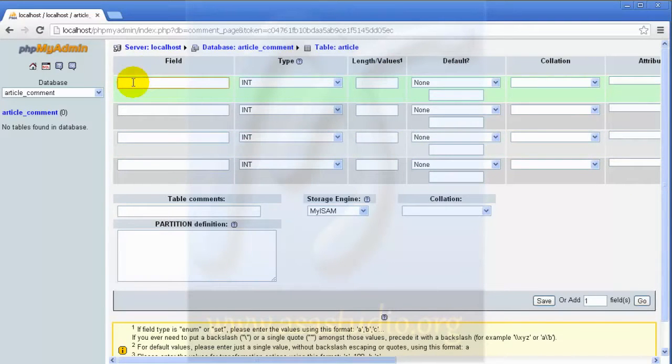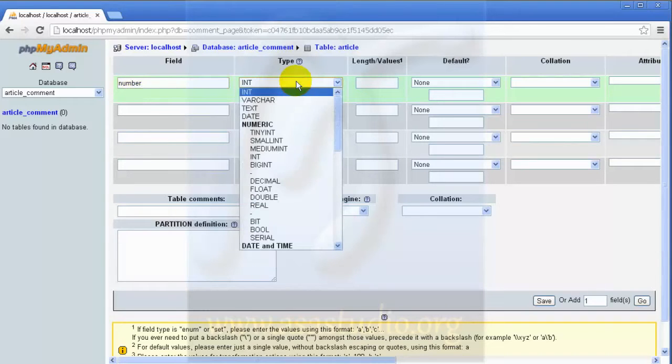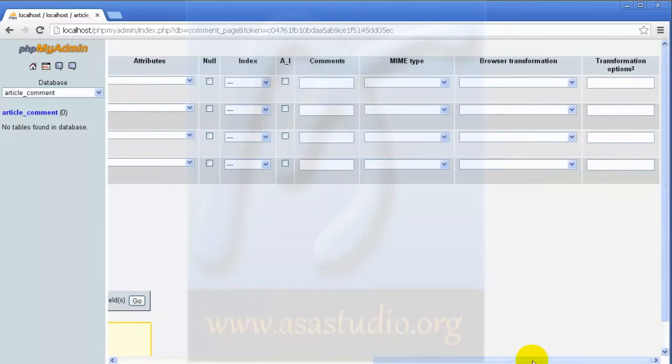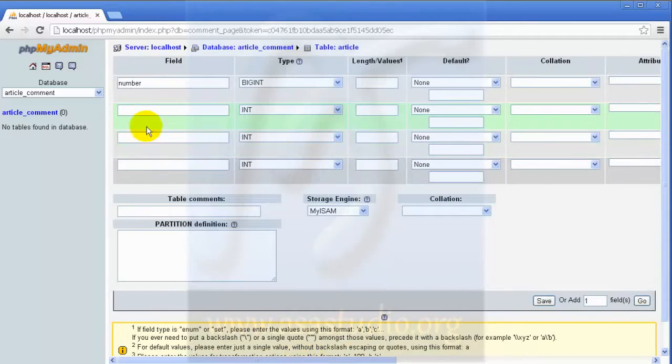Now in column 1 I type maybe num or number, and I choose big int, and I go to the right. Here I need auto increment. Okay, I check AI, and for index I choose primary. Okay, I go to the left, and now a title,